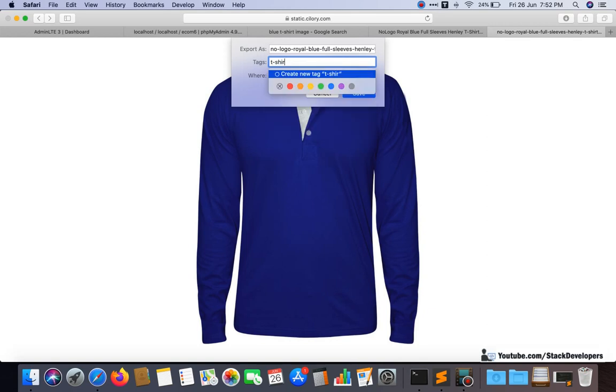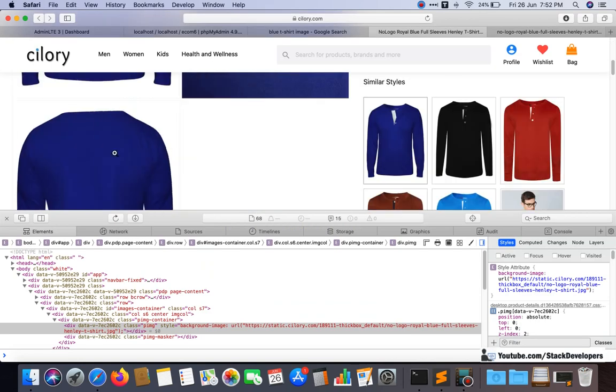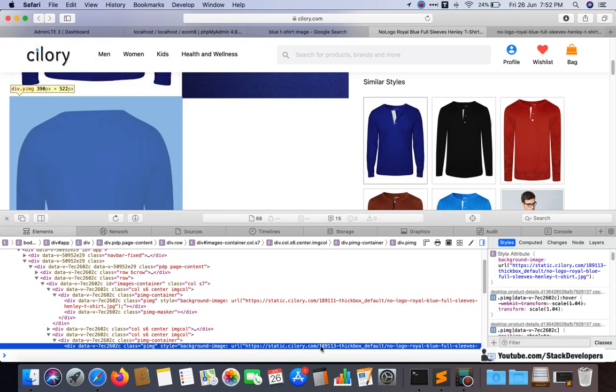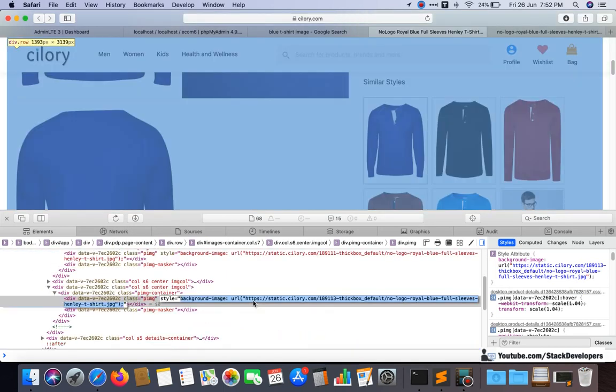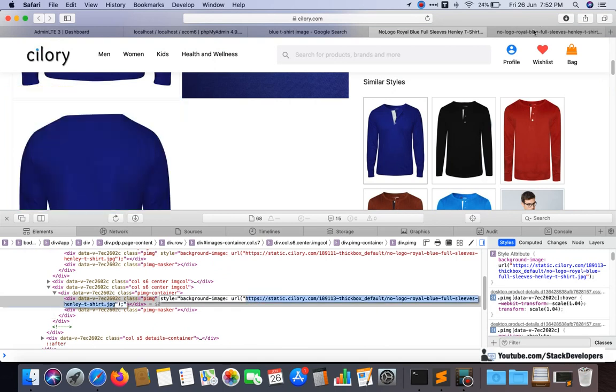Then I'm also going to pick this one, inspect, and pick this image as well from its path like this.